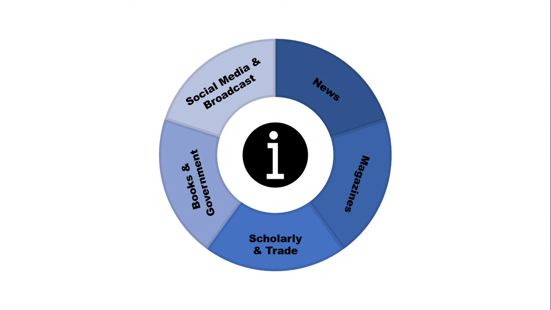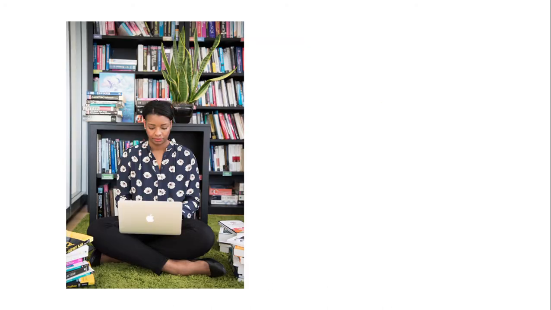So, knowing about the information cycle can help you determine what information you need. A deeper level of analysis will be later in the cycle. What information already exists? If something happened 3 months ago, there may not be books written about it yet. And where you might go to find it. Do you need a newspaper, a magazine, or a scholarly database?